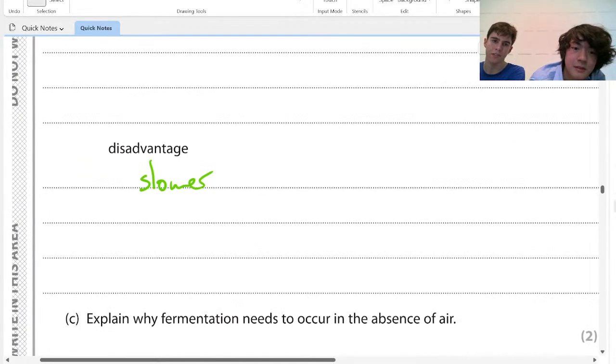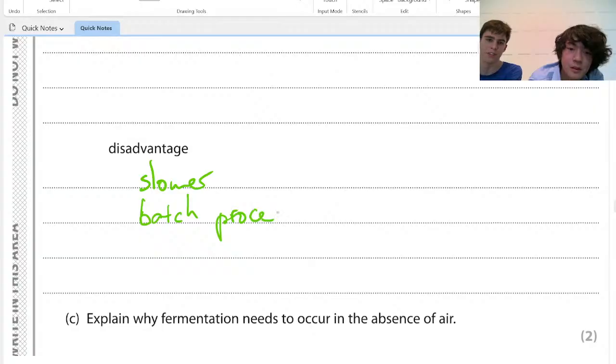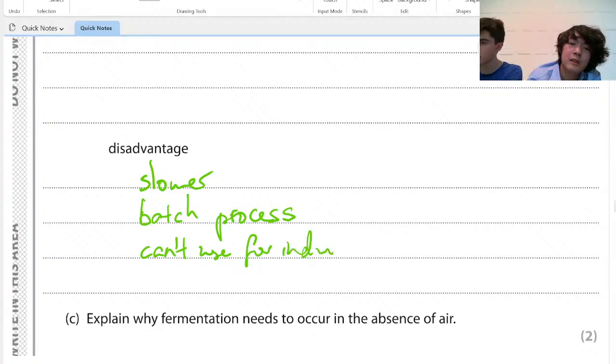It's a batch process, so it's a disadvantage. You can't add and take away stuff because that messes up the reaction. And that's about it for fermentation. Oh, and it's less pure. So it can't be used for industry. It can be an advantage if it's like